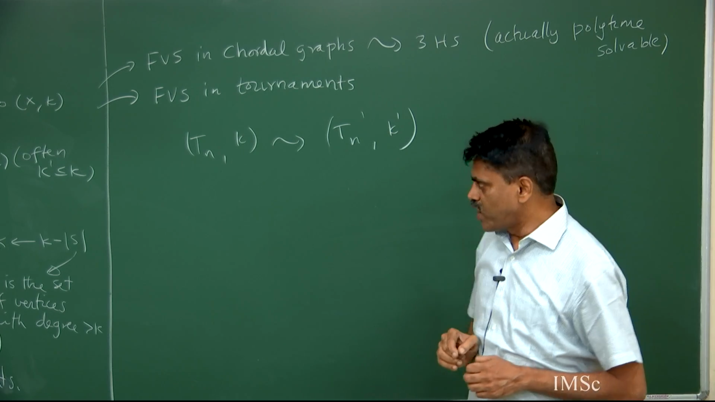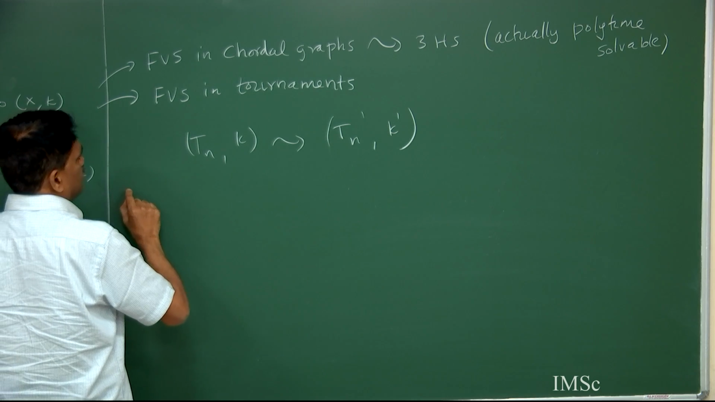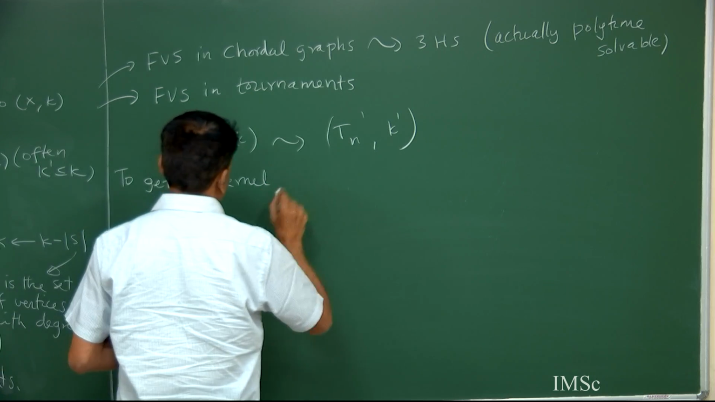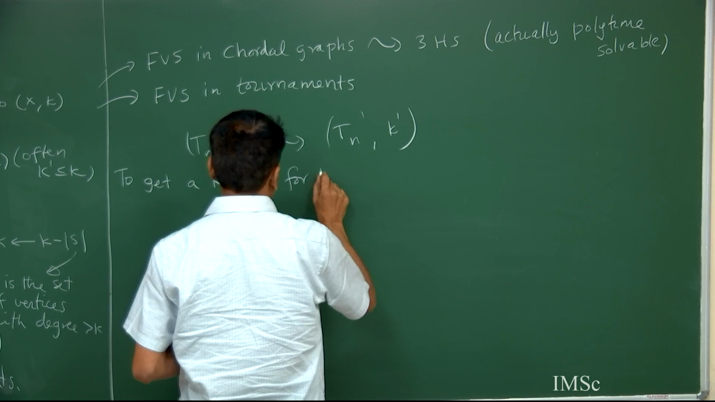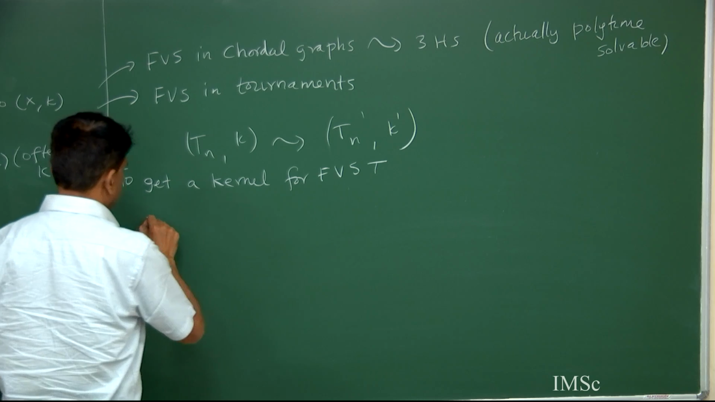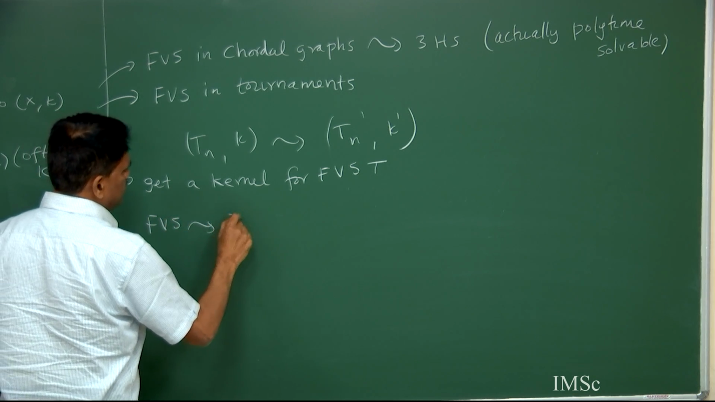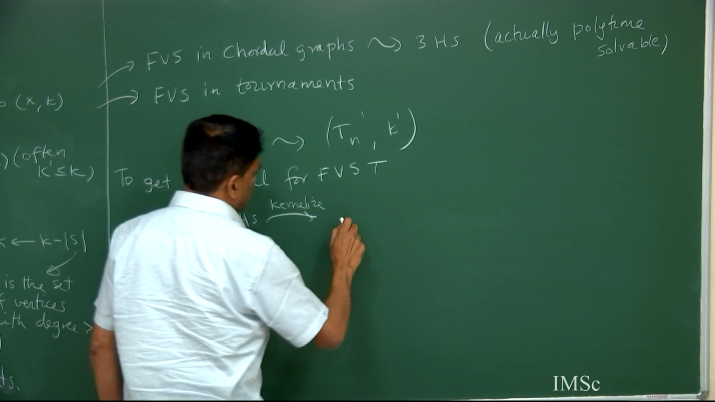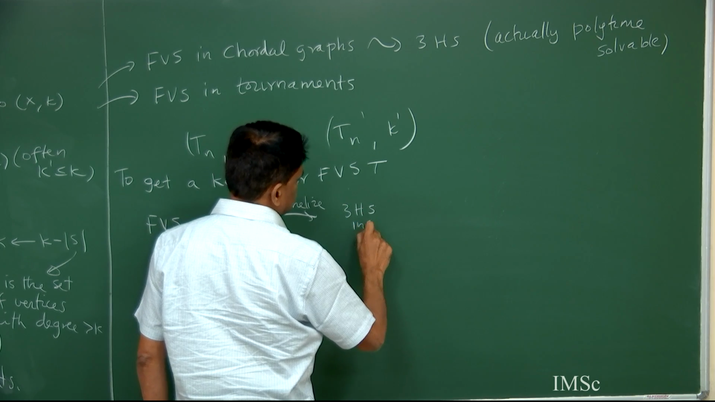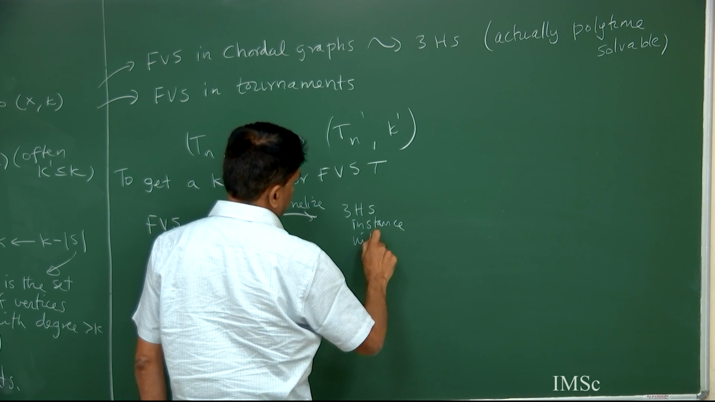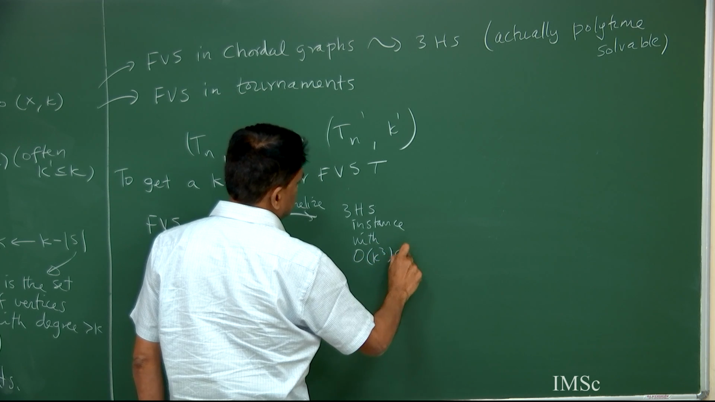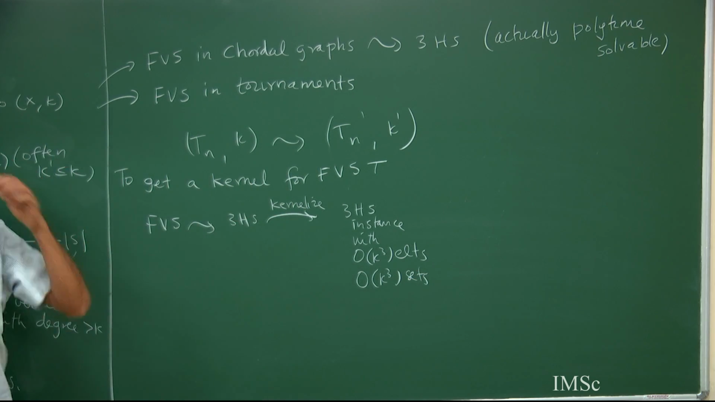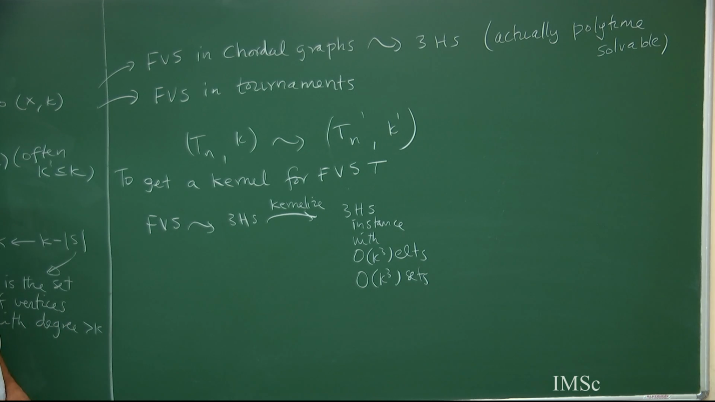So what can you do? One is, to get a kernel for FES, we take the FES problem, convert it into 3 hitting set, kernelize it, and you get a 3 hitting set instance with k cubed elements and k cubed sets, right? Finally, I want to get a tournament instance. So what should I do? One thing I can do is,